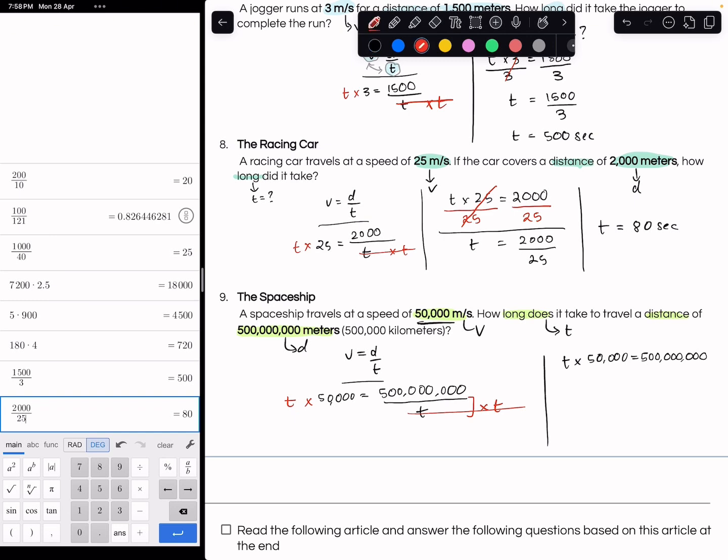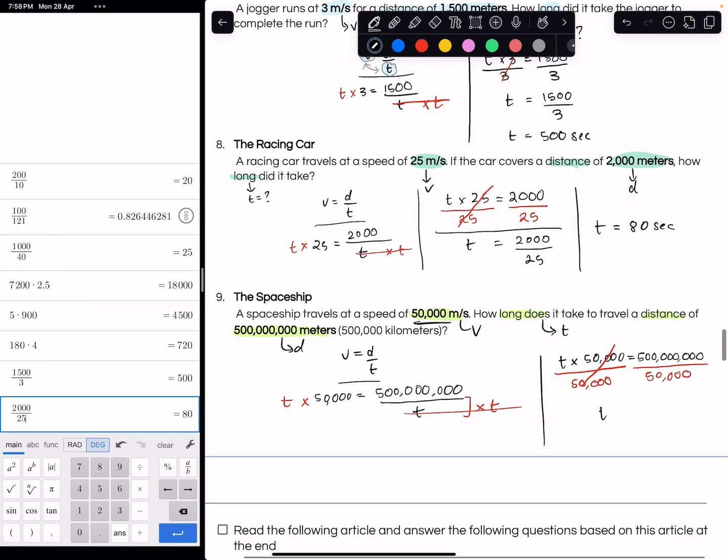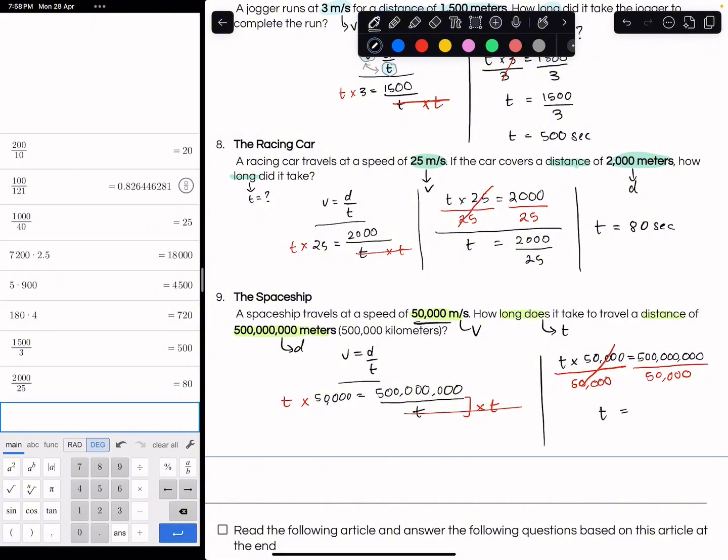We want T all by itself. It's currently being timesed by 50,000. So to get rid of times 50,000, we need to do the opposite, which is divide by 50,000. That means we have to do the same to the other side. And now what we have here is T equals, let's pop this into our calculator,